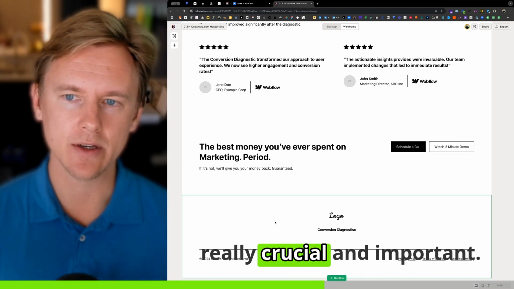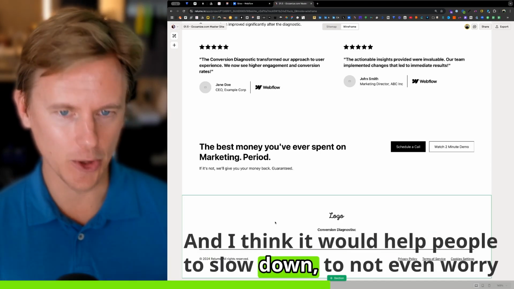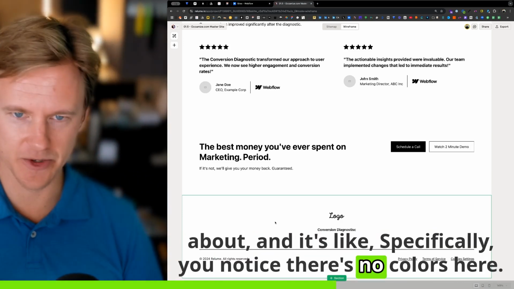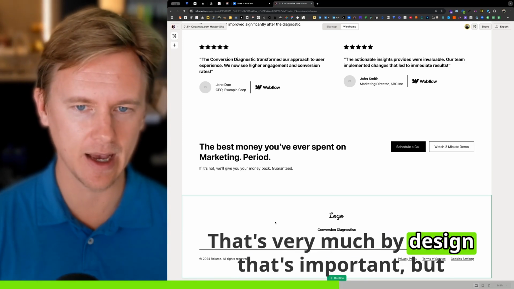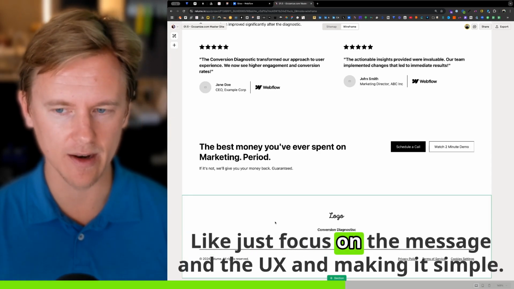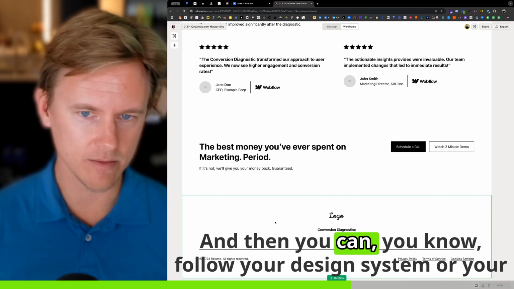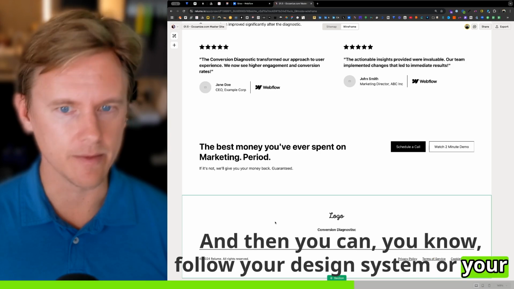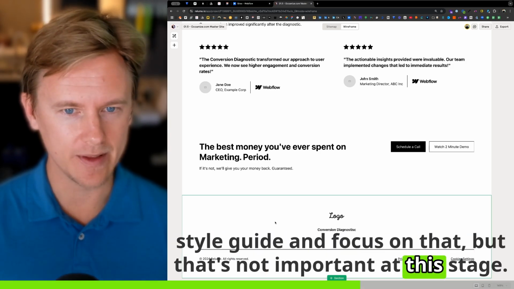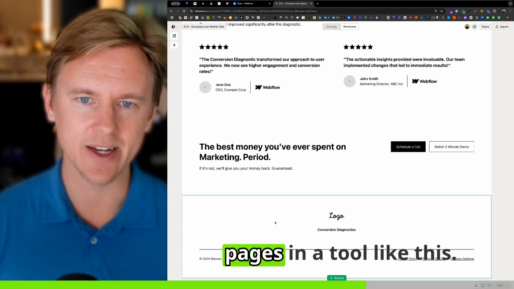That is really crucial and important, and I think it would help people to slow down, to not even worry about, and it's specifically, you notice there's no colors here. That's very much by design. That's important, but not at this stage, right? Just focus on the message and the UX and making it simple, and then you can follow your design system or your style guide and focus on that. But that's not important at this stage,